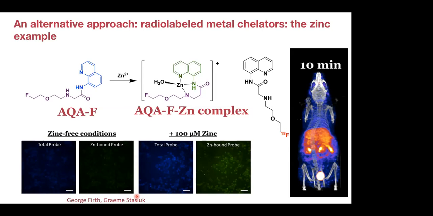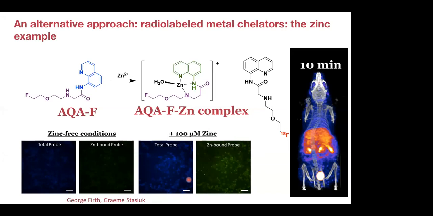The ligand itself is lipophilic and can penetrate cells. When it binds zinc, you can imagine it binding zinc inside a cell and becoming cationic and therefore unable to easily escape from the cell. So the ligand would then accumulate in cells in which there is a high concentration of zinc. And you can see that this works in the fluorescent images at the cell level below. You can see that under zinc-free conditions, some probe, but not so much, gets into the cell. And some of it binds to zinc. If you pre-incubate the cells with zinc to load them up with zinc, you get more probe going into the cell, more trapping of that probe, and the trapping is because it is bound to zinc,